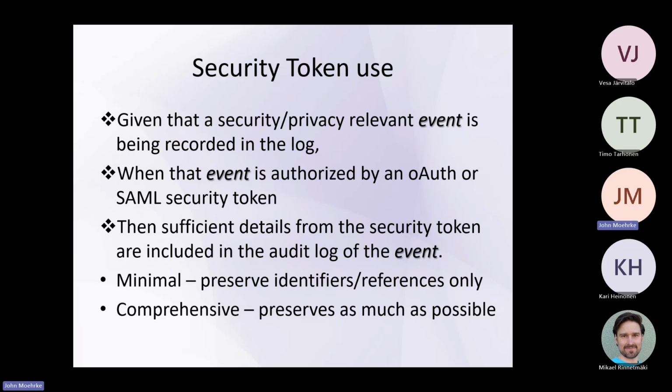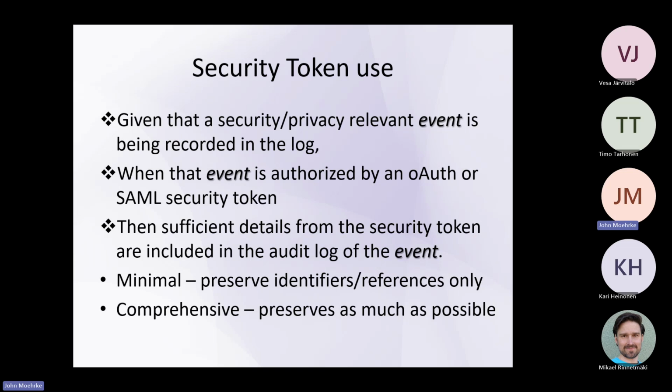So then I talked about the fact that there's an OAuth token that may have authorized the FUBAR interaction, or maybe it's a SAML token that has authorized the FUBAR interaction. So it's important when you record, hey, this thing happened, to record, and by the way, this is the reason why it was authorized to happen. Or this was rejected, and this was the token that they gave me. Can't you see why I needed to reject it?